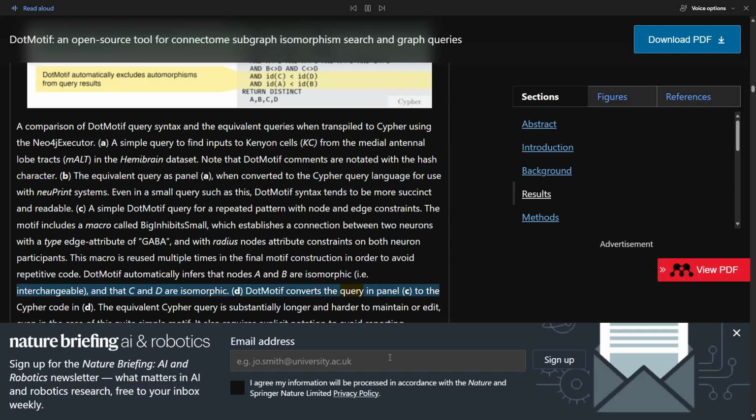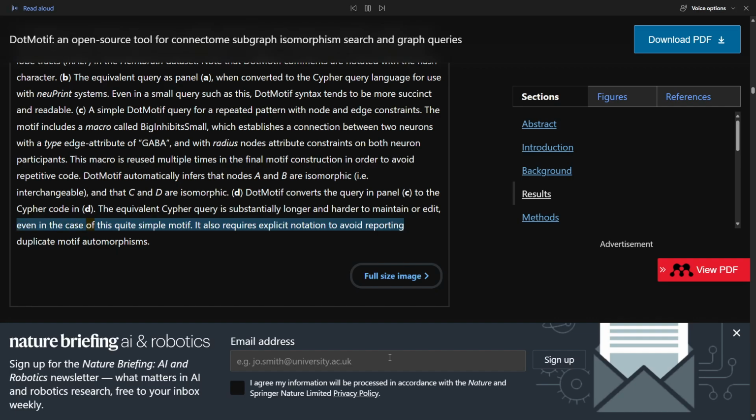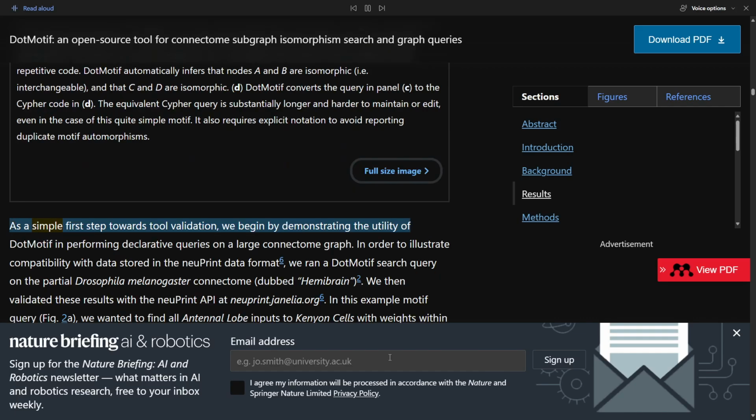D. DotMotif converts the query in panel C to the Cypher code in D. The equivalent Cypher query is substantially longer and harder to maintain or edit, even in the case of this quite simple motif. It also requires explicit notation to avoid reporting duplicate motif automorphisms. Full-size image. As a simple first step towards tool validation, we begin by demonstrating the utility of DotMotif in performing